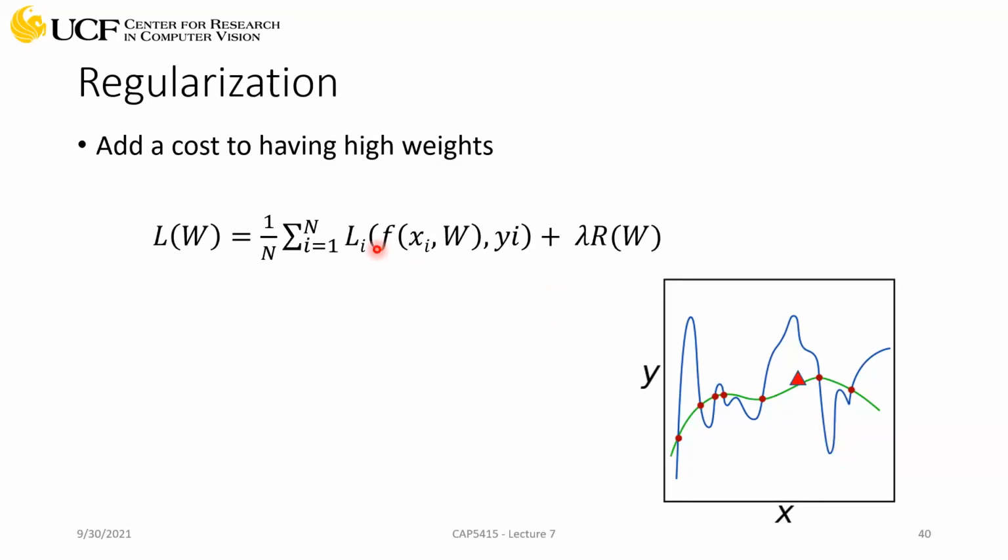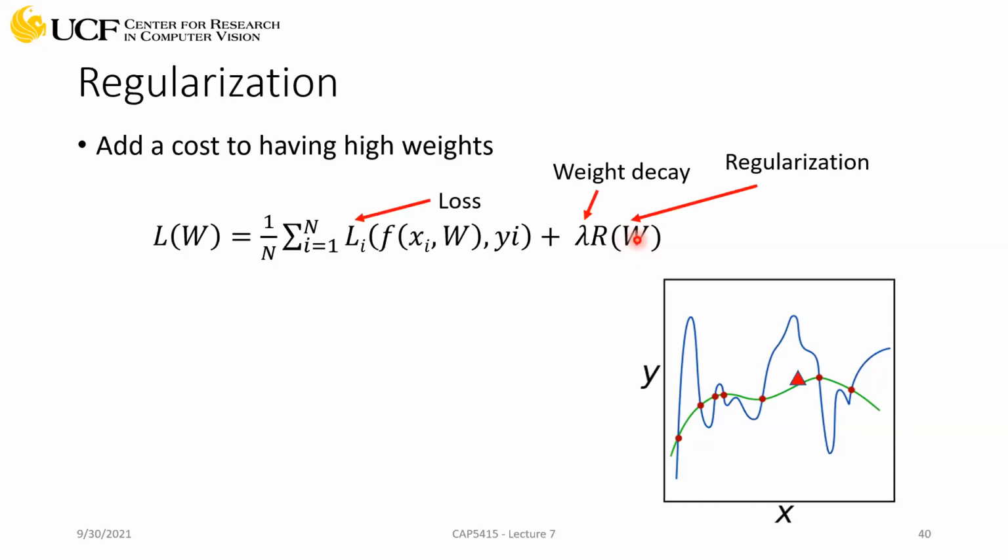So then what we do is you have the standard loss function. This first term is fine, you already know this thing. We add another regularization term. And again, we have a coefficient here which controls how much regularization we want. This regularization is on all the weights of the network. And what we can do is